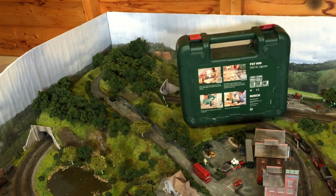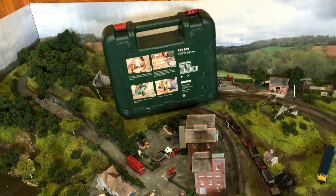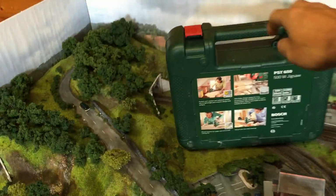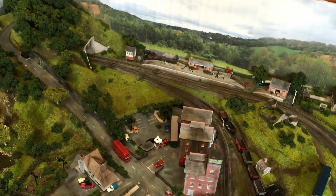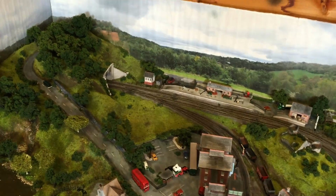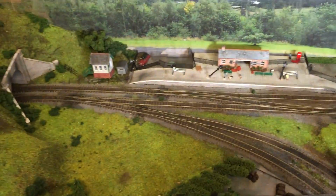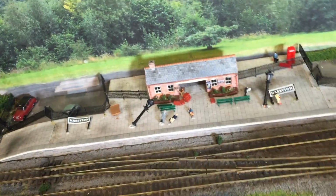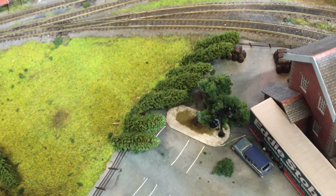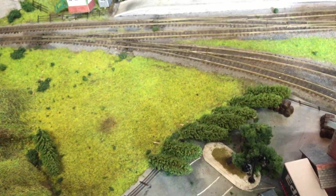A quick word about Bodnam Woods. The toolbox there is deliberate. There's a very good reason for putting that there, and that is, as I mentioned in the introduction, destructive cats. I came in and noticed that some damage had been done here and here. Looks like a hurricane's ripped through this field,